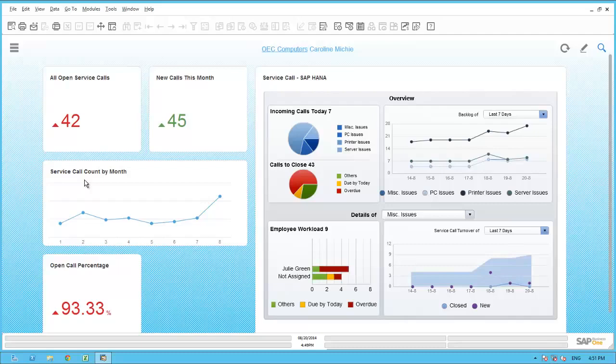In the last 4 months, the volume of calls has been increasing, as we can see in this chart. This shows a large uptick, especially in the month of August. If we hover over each point, we can see the total calls for August matches the new calls for the